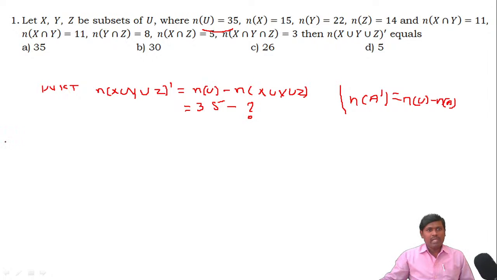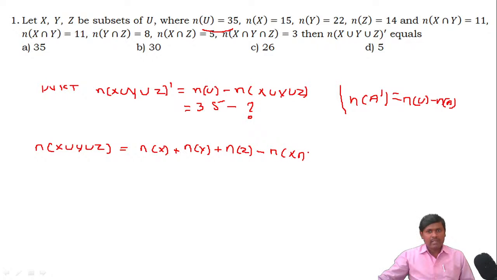Therefore again we have a formula: n of X union Y union Z is equal to n of X plus n of Y plus n of Z minus n of X intersection Y minus n of X intersection Z,